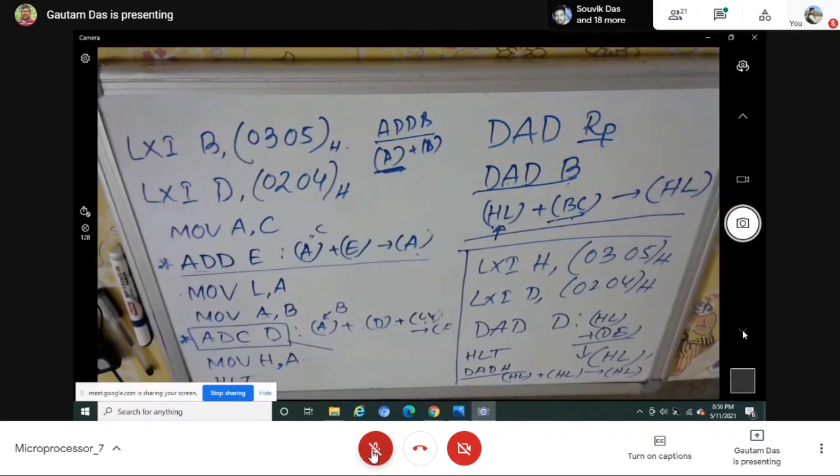X represents a register pair. In that instruction, DAD, they have not used X because they are indicating the meaning of double addition. That means it is 16-bit addition, a double 8-bit addition. Just to represent that, they have used that. Nothing else. Whenever they design instructions in assembly language, they use some letters, like LXI, MOV, so that the instruction can be recognized by the user very easily. That's the meaning. No other meaning is there.